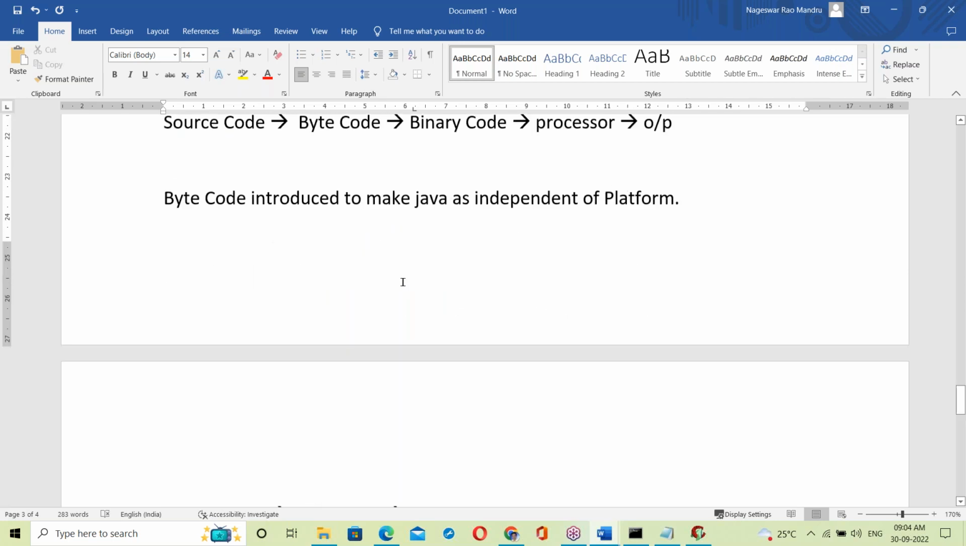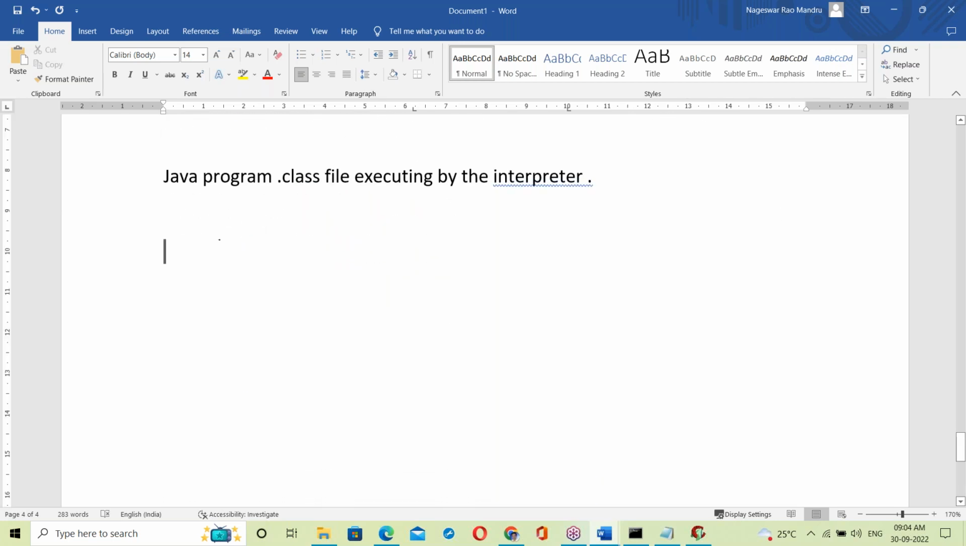Okay, I hope you understand, guys. Okay, next, one more point here. See, any language, try to understand this point. Any program in any language, execution means runtime. Any language program executed by the interpreter